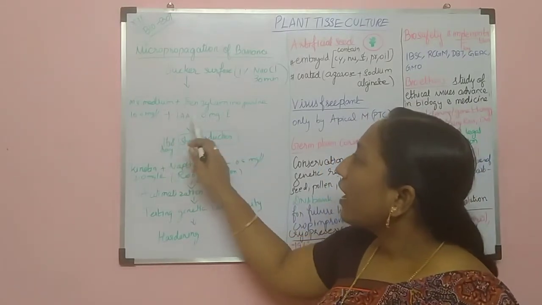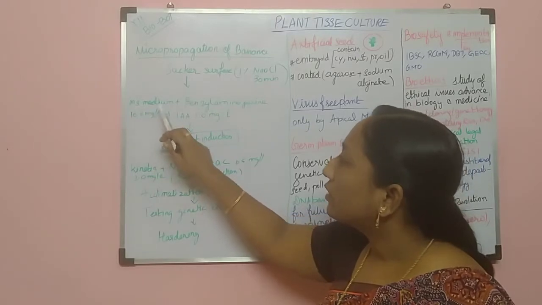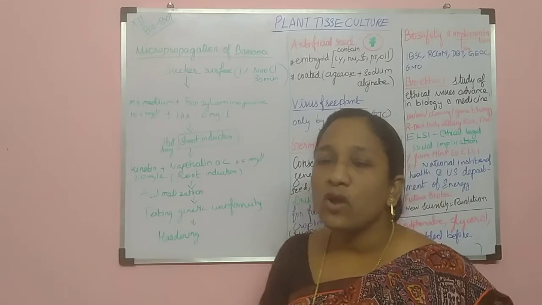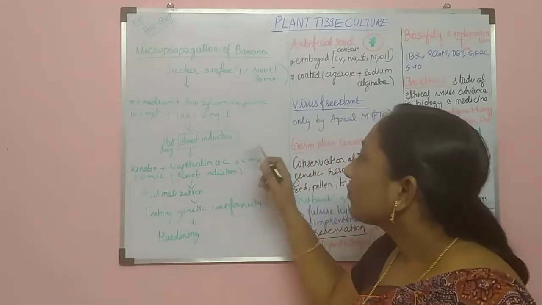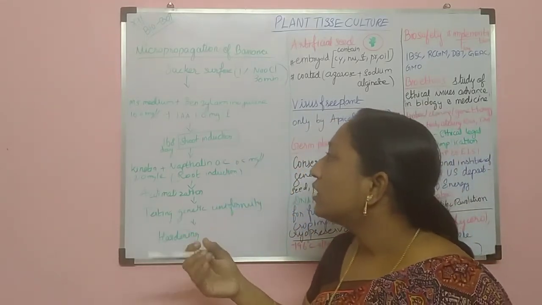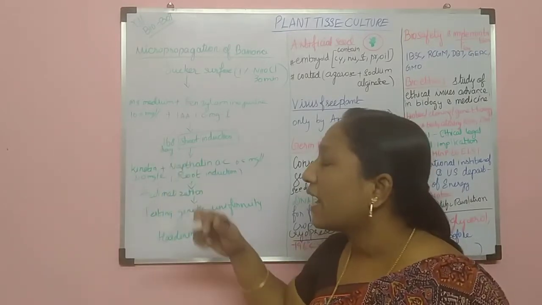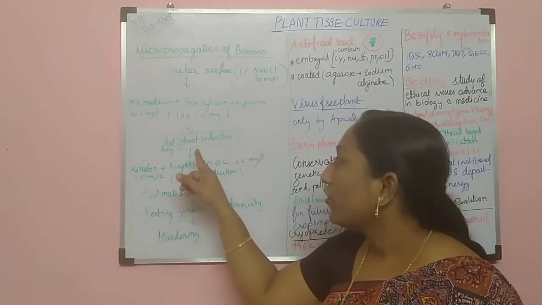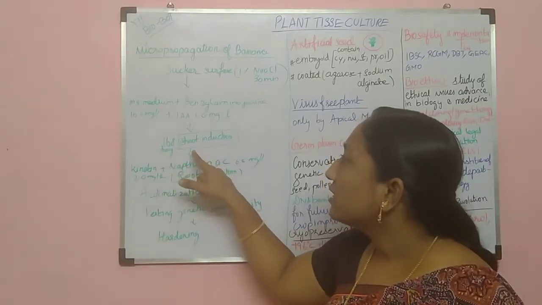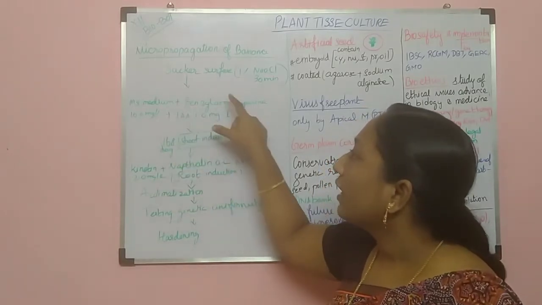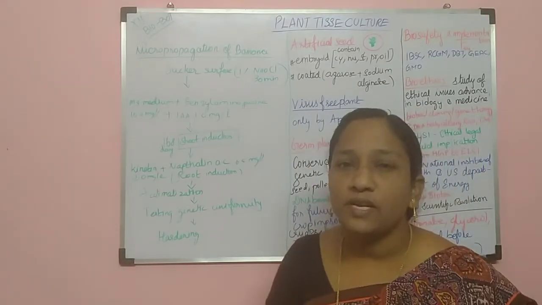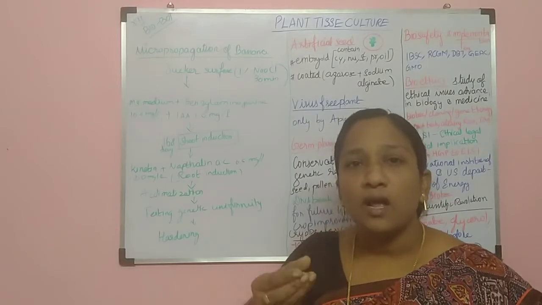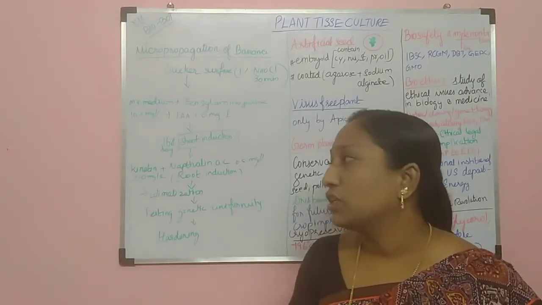If you add the culture medium along with the benzyl aminopurine and indole acetic acid, it will start to induce the shoot system within 168 days. Starting from only a single cell, 168 days after introducing it in the culture medium, you can find the shoot induction. What is shoot induction? A shoot will be formed from the tissue.